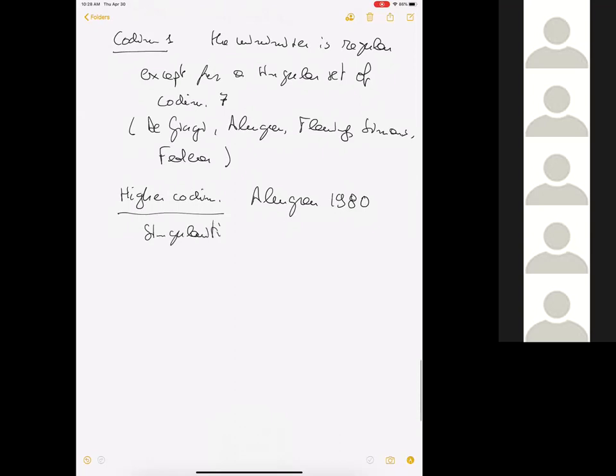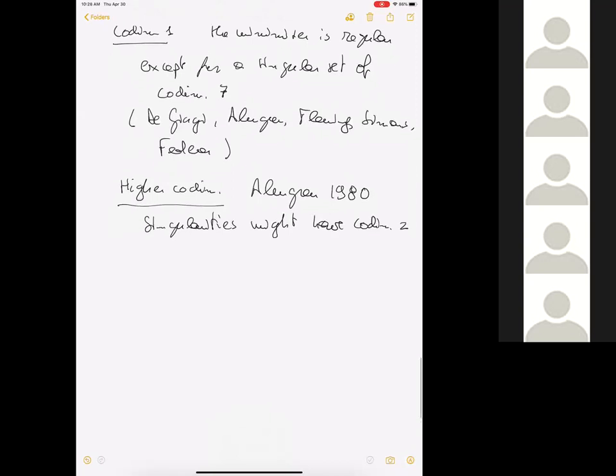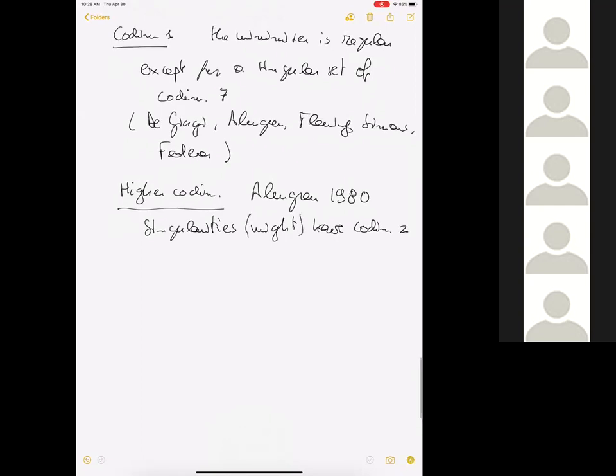Singularities might have codimension 2. And in fact, I should say, there are examples where they have codimension 2, and of course it's the same actually for the codimension 1, 2. So this theorem is optimal, meaning that there